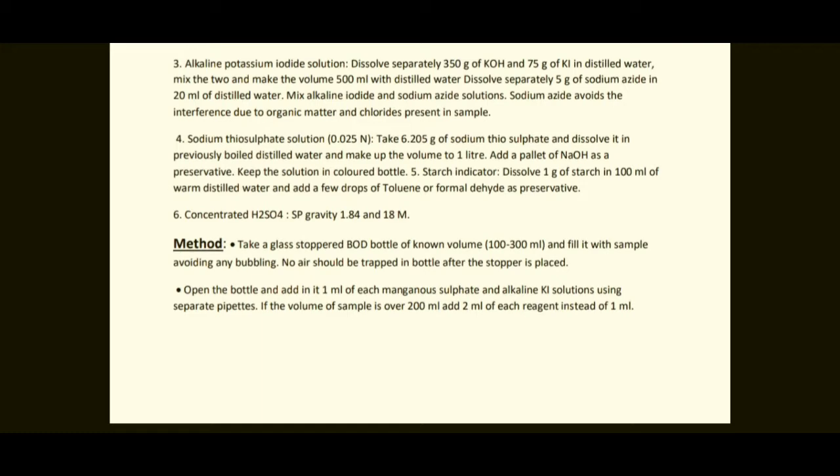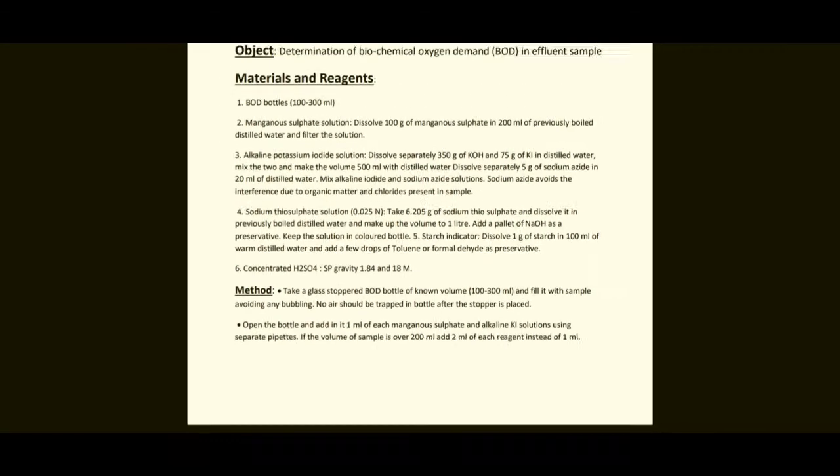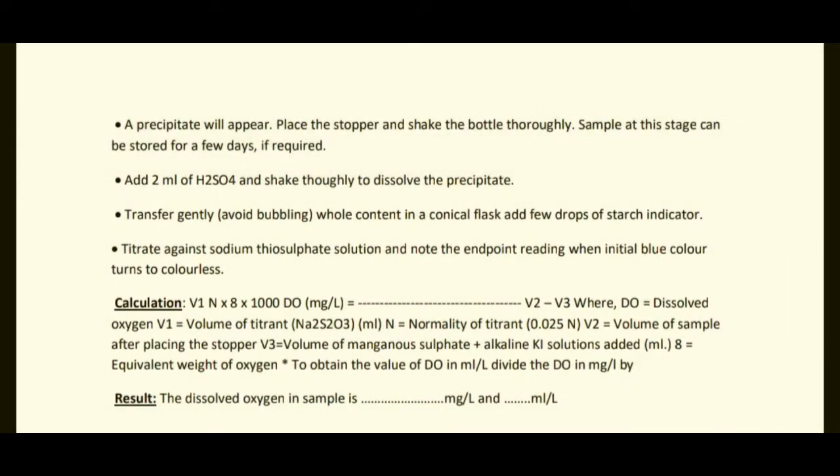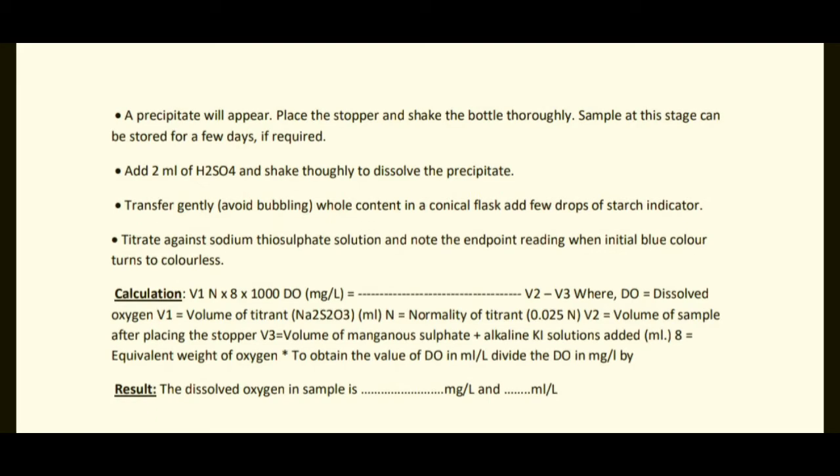If the volume of the sample is over 200 milliliters, add 2 ml of each reagent instead of 1 ml. Okay, students. A precipitate will appear. Place the stopper and shake the bottle thoroughly. At this stage the sample can be stored if required. Add 2 milliliters of H2SO4 and shake to dissolve the